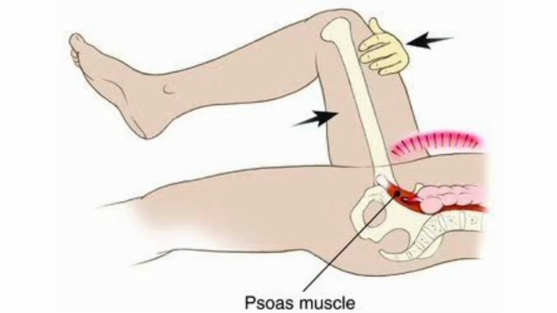To assess the psoas sign, place your hand just above the patient's right knee and ask the patient to raise that thigh against your hand. Flexion of the leg at the hip makes the psoas muscle contract. Extension stretches it. Increased abdominal pain suggests a positive psoas sign.